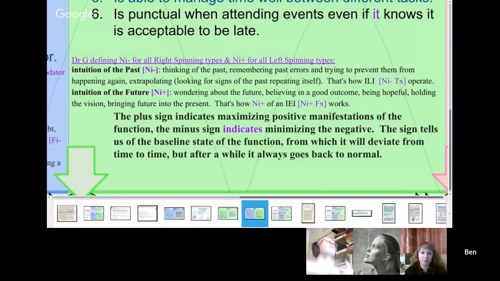The reason probably why NI is more positive is because INFJs go towards the counselor role, and they're not really going to say, I don't think I can really help you. It's like you're positive in that I can help you improve. So it's like a positive version of change. But also they could probably go, oh, I need to help this person because I can see how they're going down a bad slope.